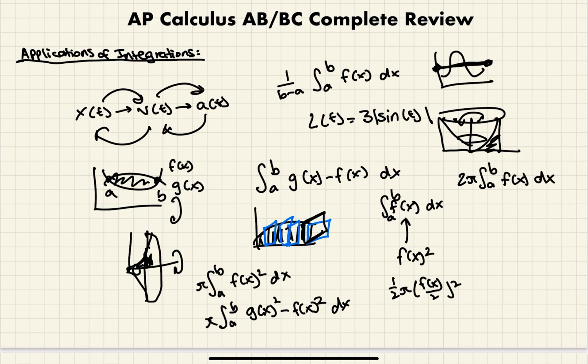So f of x in this case is the function, and that's the radius away from the axis of revolution, and 2 pi gives us the circumference of the circle. That's why it's called a cylindrical shell. It's a thin-walled cylinder, and you're just finding the volume of that. Then you also have to multiply by the radius itself, x, because